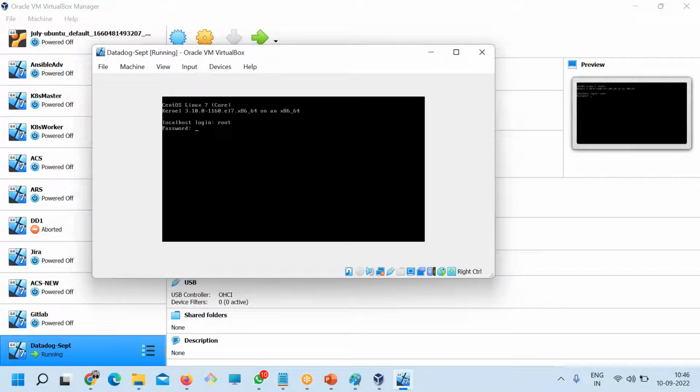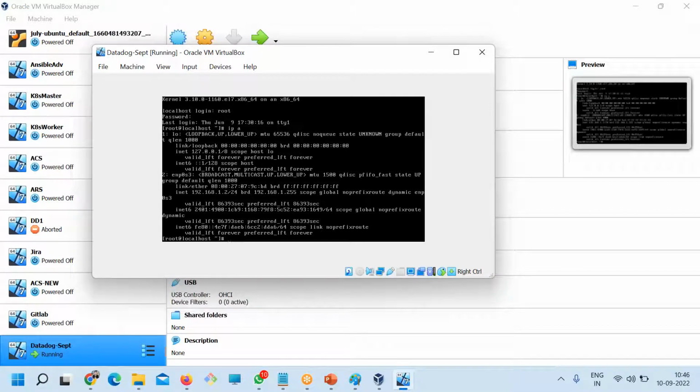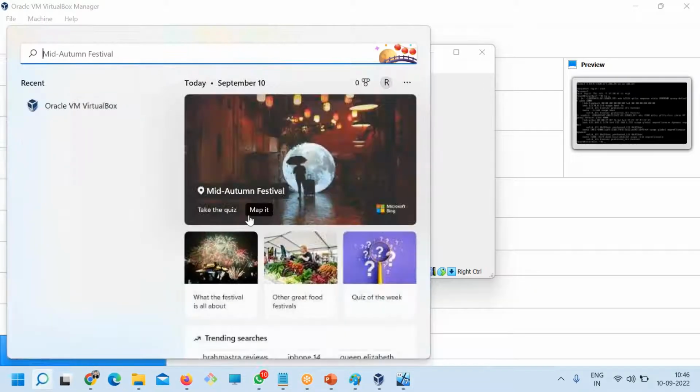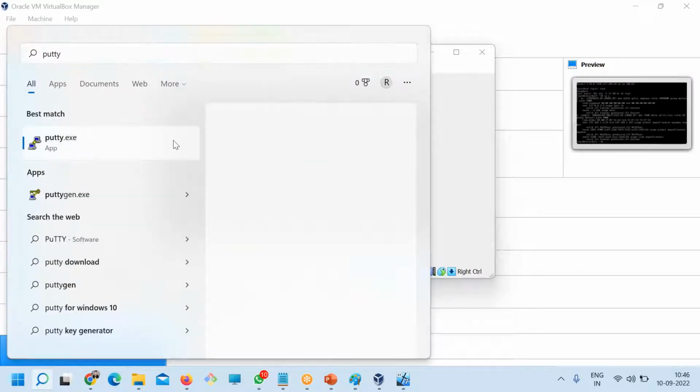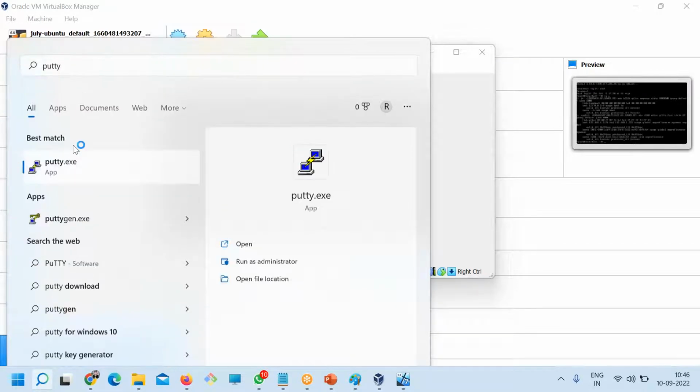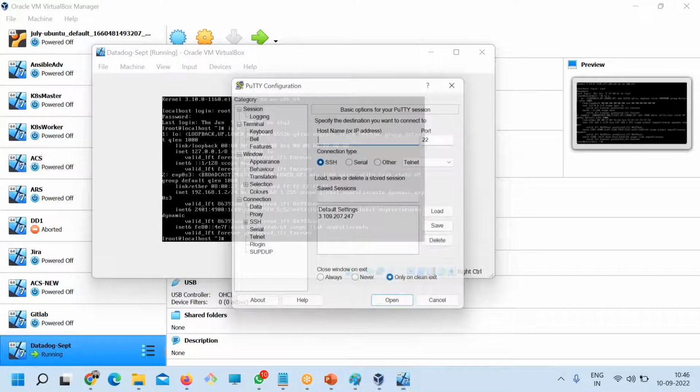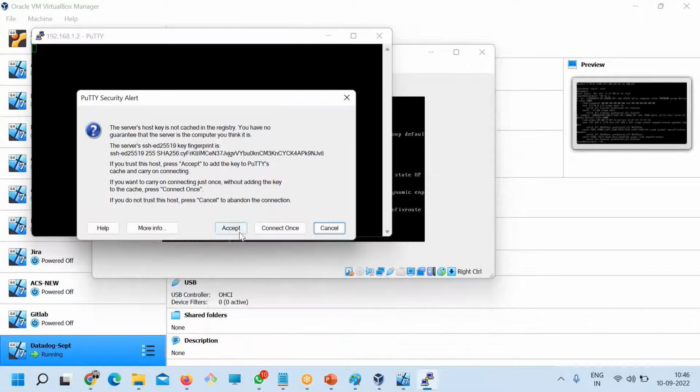Root, and the password. So what is the IP address? The IP address for this is 2. So let me log into it. 192.168.1.2. Yes.